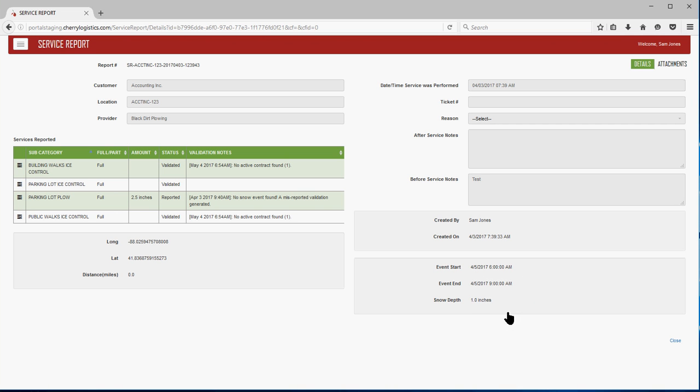So with the National Weather Service saying the event was captured for this amount of snow, and the service report coming in at this amount of snow, there's additional validation going on here. That's why this snowplow report for 2.5 inches has not been validated yet. So again, by opening up that detail, we see a lot of good information for that service report. We can just go ahead and arrow back,